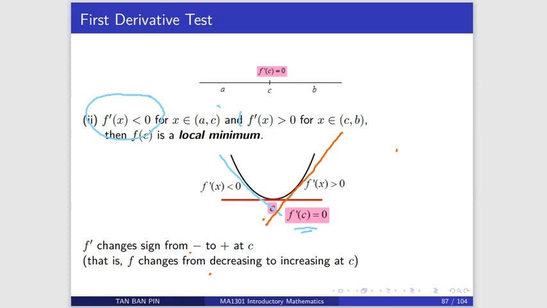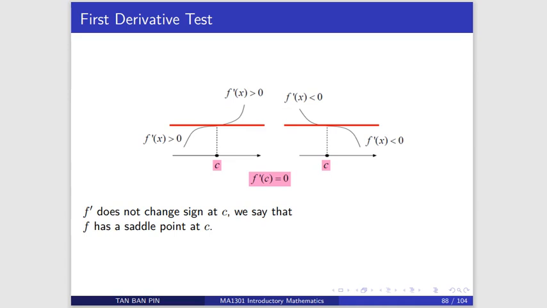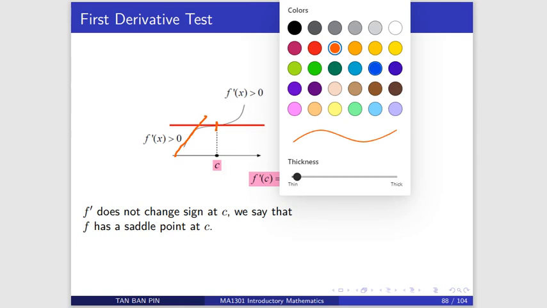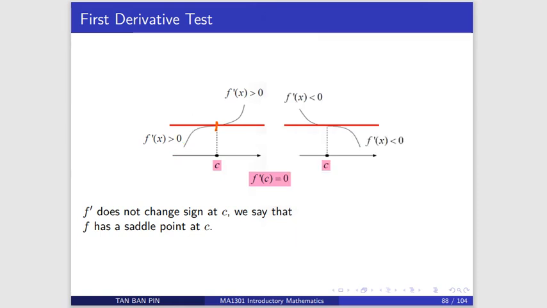As for a saddle point, you'll find that the gradient will not change. Here you have f prime c is 0, but before c and after c, the gradient is the same. Before c, if you draw a tangent line, it's something this way. After c, the tangent line is still the same. So no change in sign of f prime. So not changing sign will give you a saddle point. So this is negative before c, after c also negative gradient. So a saddle point means f prime c is 0. c is a saddle point if f prime c is 0, but f prime does not change sign.